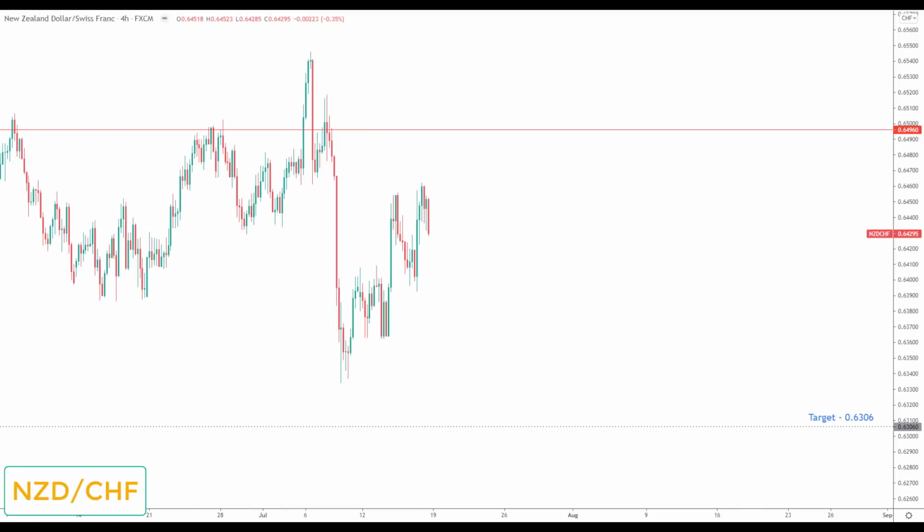Next is New Zealand Franc. Now, New Zealand Franc is a market that I like going into next week. I will be keeping my eye on it. I think we're going to come down. I think there's a very good chance we come down lower on New Zealand Franc. I'm certainly going to be keeping an eye on this next week.